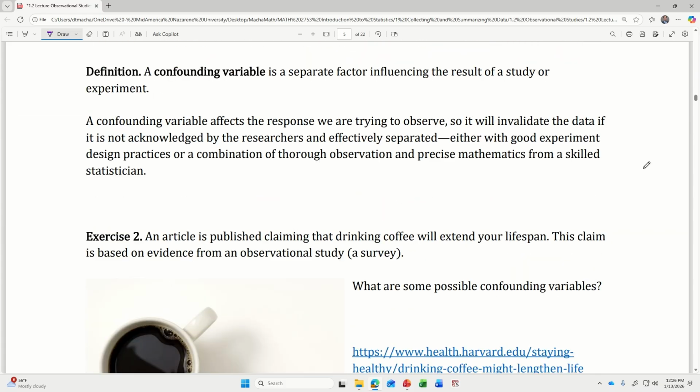So a confounding variable is a separate factor influencing the result of a study or experiment. It will invalidate your data. You will get the wrong conclusion if you don't acknowledge that variable and effectively separate it. And you can do this either with good experiment design practices, which we'll talk about here in a second, or